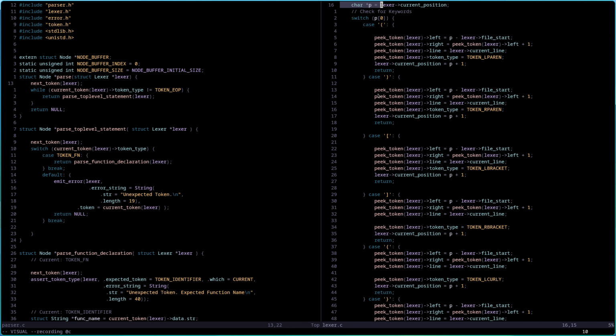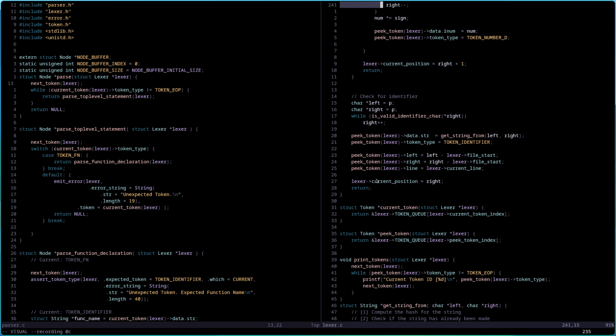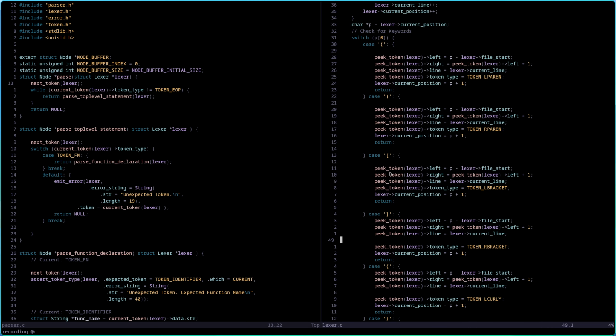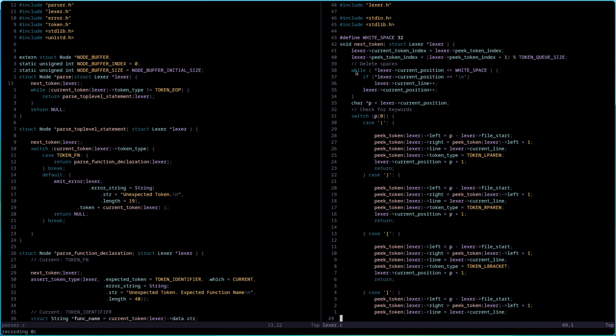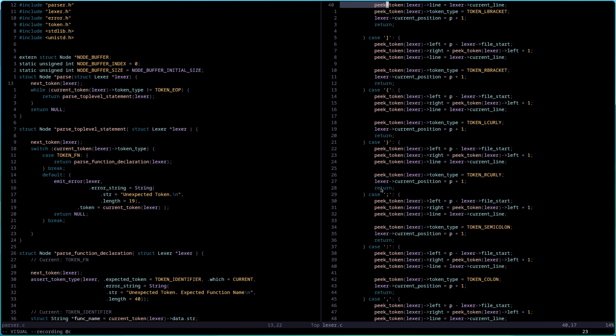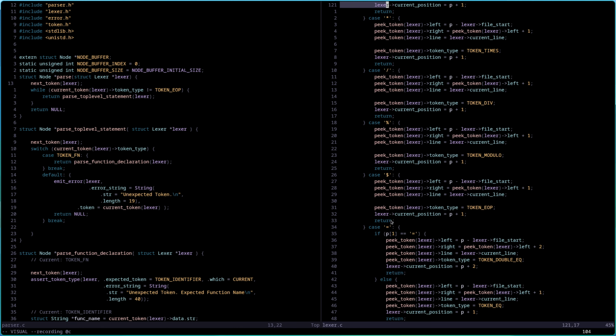And this is this huge file. Look at it. Oh my god, 270 lines. Enormous. And it just goes through. First we delete all the white space, the same trick as last time: if the current character value is less than 32, we just skip it. And then we look at the current value. If it's one of these single-character tokens, we can just instantly say it's this one and return. There are some with, for example, equals.